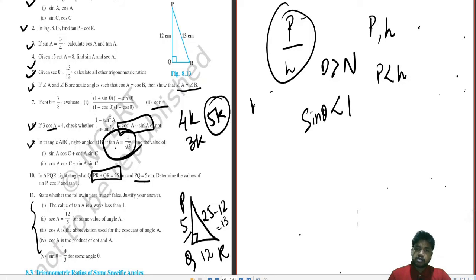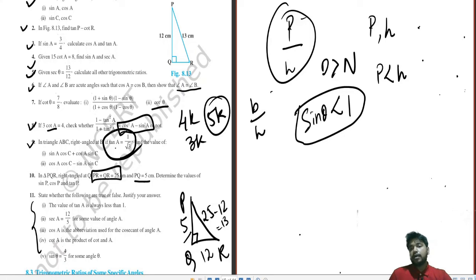Now going for cos theta, which is B by H. Take it very seriously. This will be included in your class 11 syllabus. That will be the main part of your syllabus, so you can't skip it. For now, it will be a very basic part. So if you are clear with this concept, why is sin theta less than 1, you will be understanding the concept in class 11 also. And for now also, it is not very tedious for you.